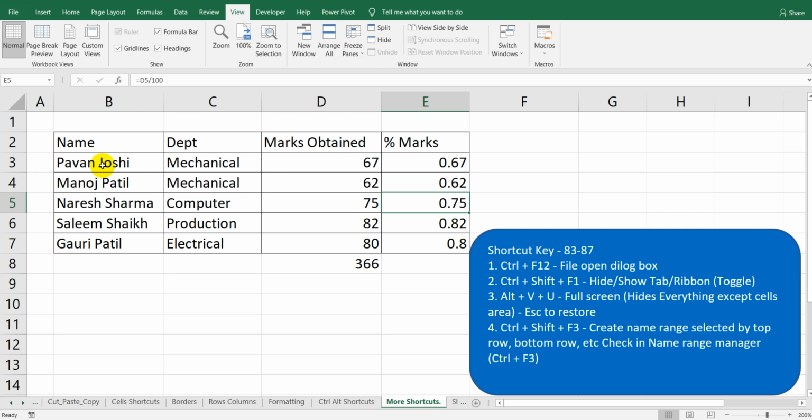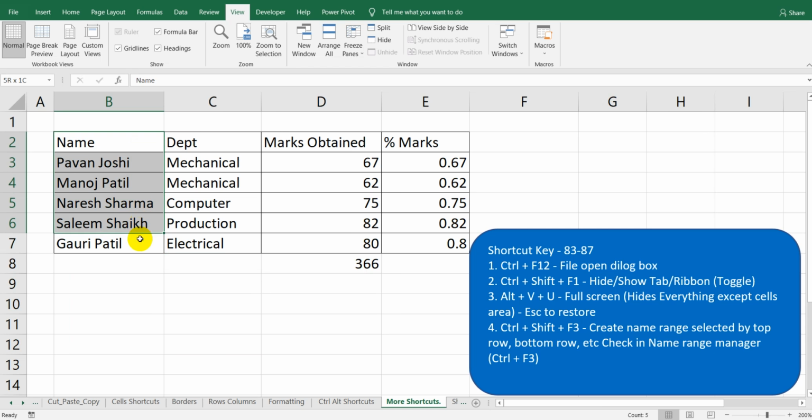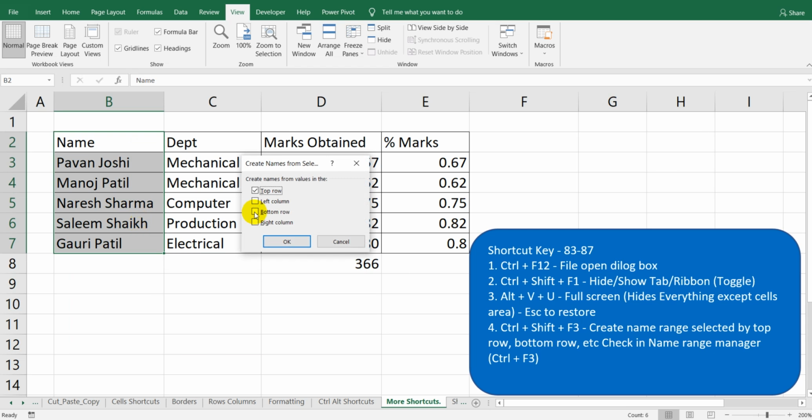Now we will see one more shortcut for the name ranges. Let's select this complete list, the complete column over here, and press Control Shift and F3. With this it will ask to create names from the values in